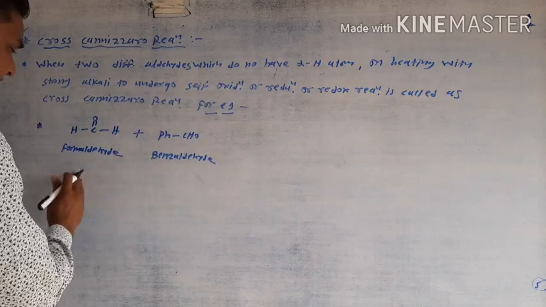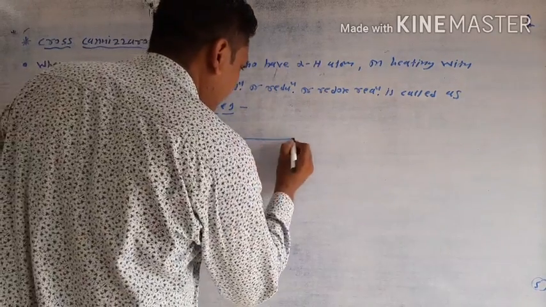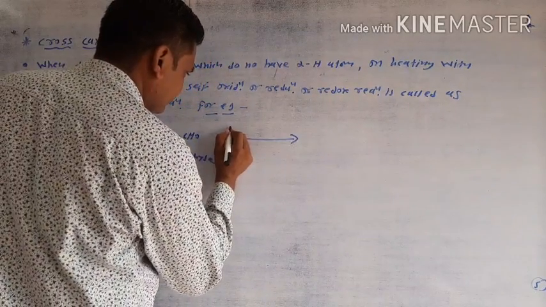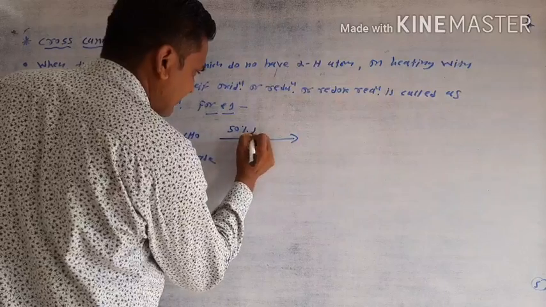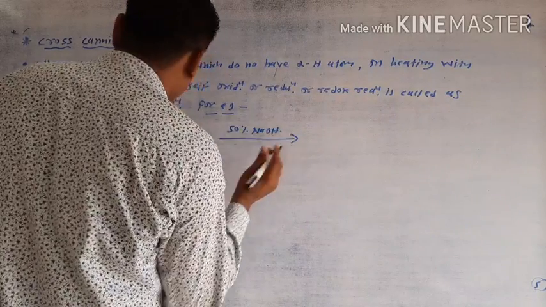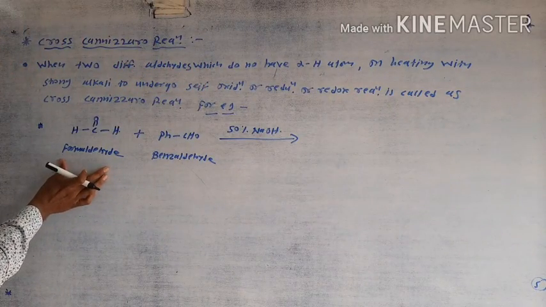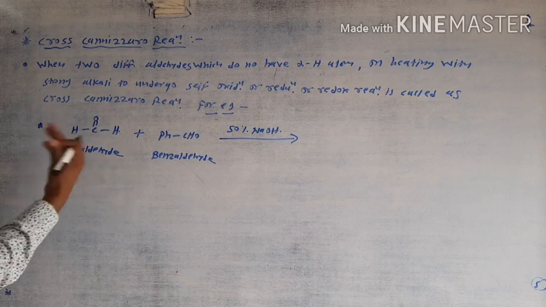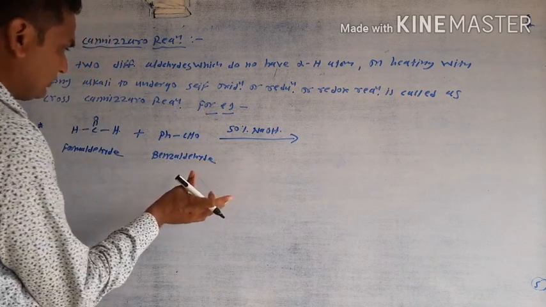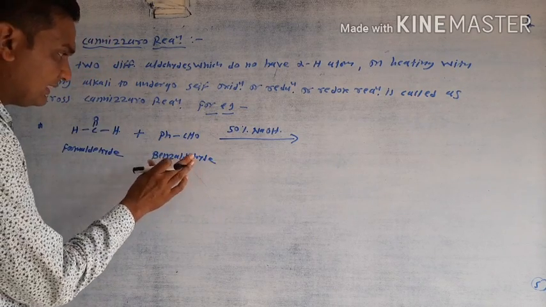You have to take two different aldehydes as the starting materials. Then they will react with 50% NaOH. In this situation, the smaller molecule is oxidized and the bigger molecule of the aldehyde is